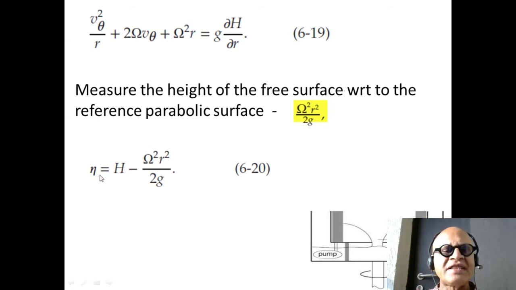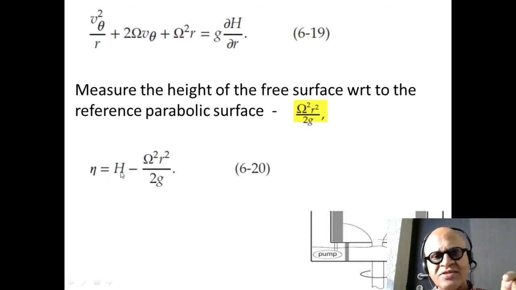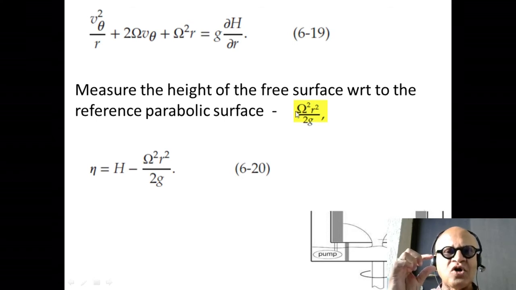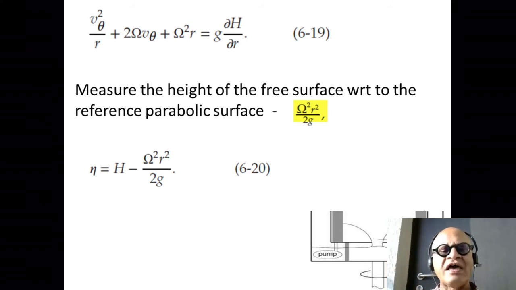Okay, so then eta can be written as h, again back to our tank, minus omega squared r squared over 2g. So we are measuring the height of the water column for this pressure as the difference from that reference parabola we would have and the actual h that results when we pull out the plug. So this is the actual h that results, and the reference parabola is somewhere here that you would have before